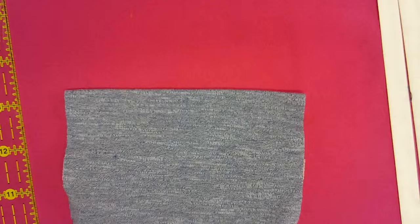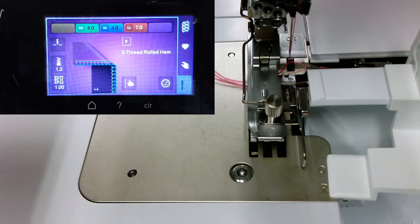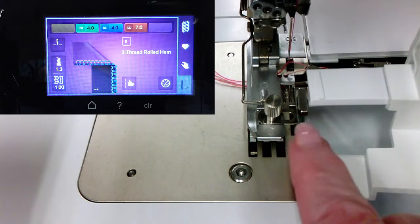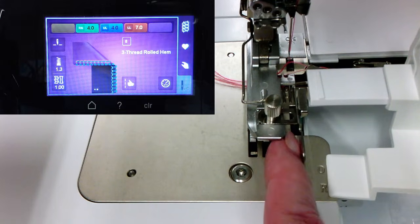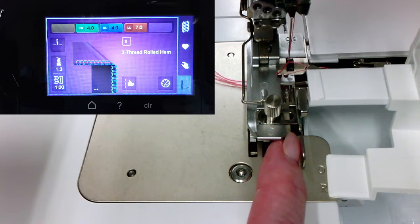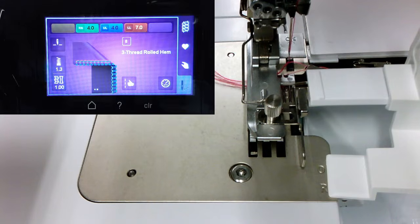I'm going to put my camera on so that you can see, just in case you missed it, the settings that I have. And again, that stitch length and the cutting width or stitch width, those are variable. And you can see, let me lighten this up just a touch. I think that's better. You can see how this guide on the blind stitch foot is protecting. It's like a little shield against the knife. So I'm going to bring my fabric over,